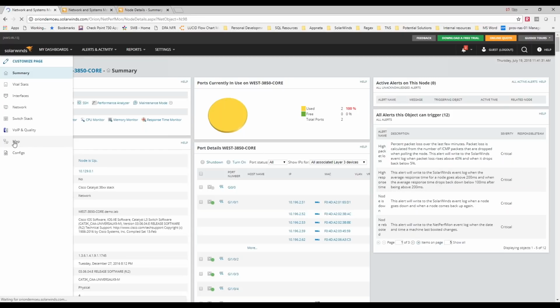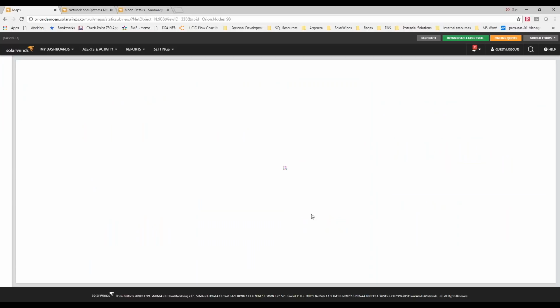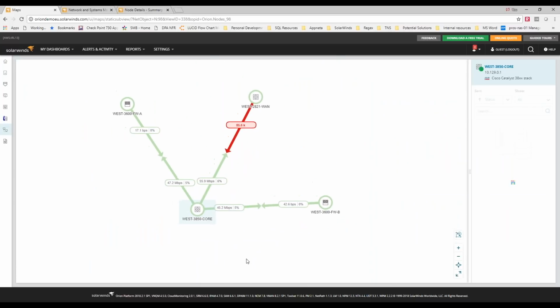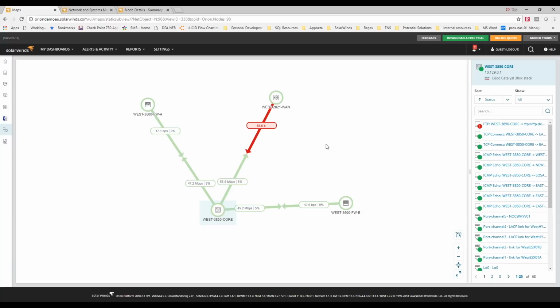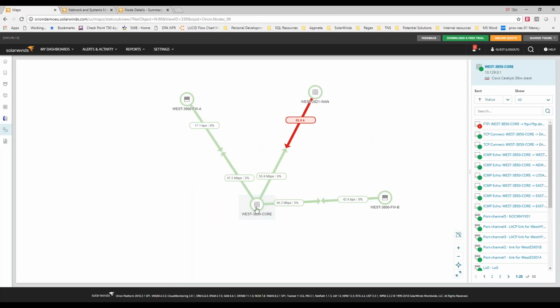we have our map. And so when we look at this, this is going to give us an automatic visualization. Your mapping that you're going to be able to do in future is going to be enhanced based on this interface as well. And so we've got our device, and because the topology data we're collecting, you can see that we're connected to this device, to this device, and this device. We're monitoring the interfaces, and so we can now see utilization. We can see the fact that if I hover over, there are errors and discards on this link. If I click on this link,